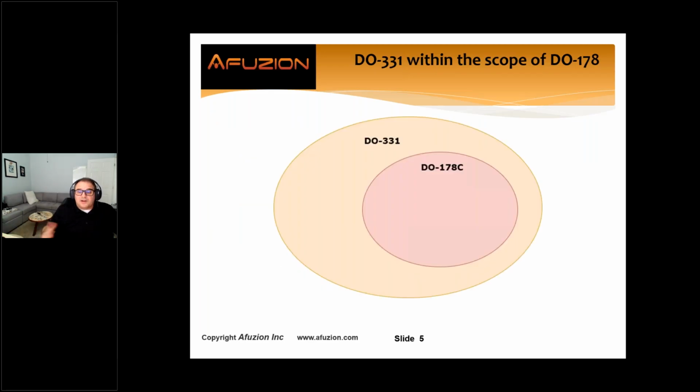From a Venn diagram perspective, this diagram is depicting where DO178 and all the elements of DO178 are merely extended by DO331. So DO331 includes DO178 with some extensions, and then we'll get into some of the details of those extensions. What do you need to look at from the perspective of, from my project, where do I need to concentrate my effort when I do want to include model-based development?